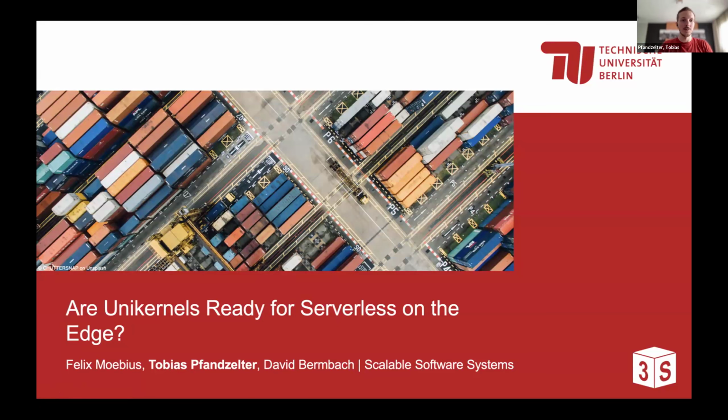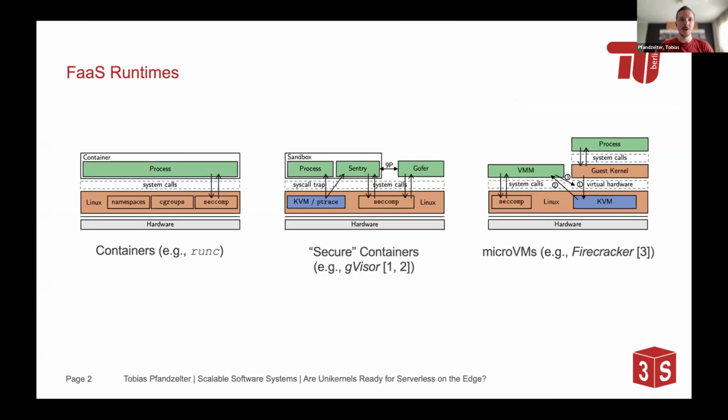I want to talk a bit about the work we did on evaluating Unikernels as a serverless and function as a service execution isolation environment. Normally, when you think about serverless isolation, you think about one of these three. You have your containers like runc and Docker, where you get process level isolation. You package your process and all the necessary dependencies in a little namespace and put that directly on your host, which is very lightweight, but not really secure, which is why there are secure containers, like GeoFaaS, which Google uses in